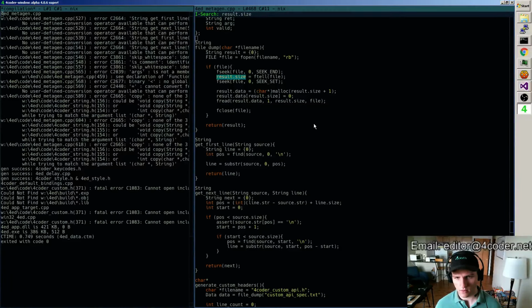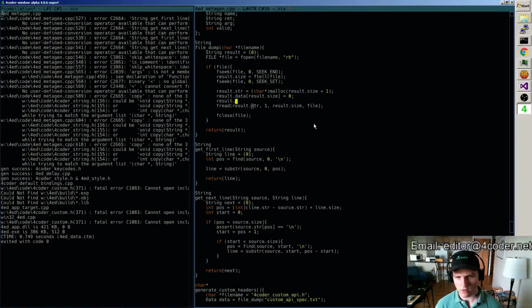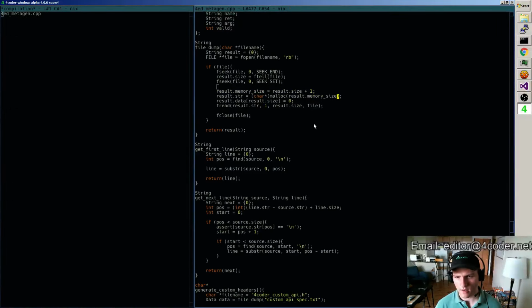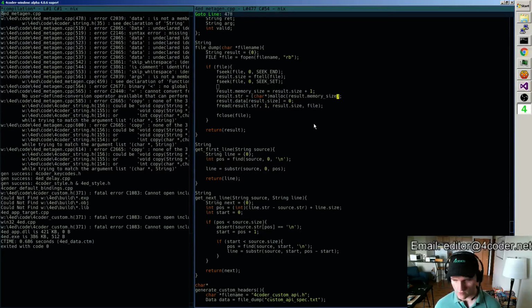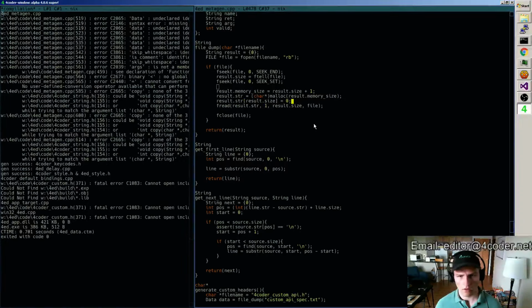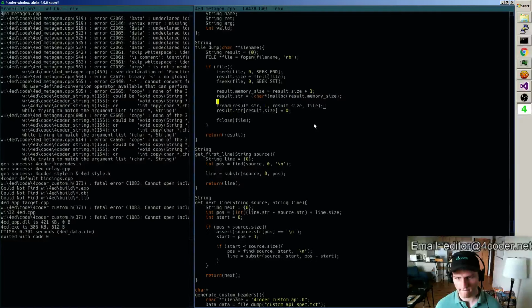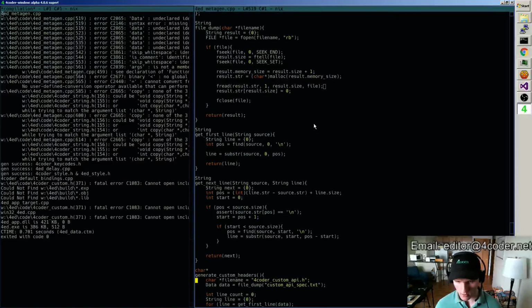Result.size, result.str, result.memory size equals result.size plus 1, memory size, 478 result str, .519